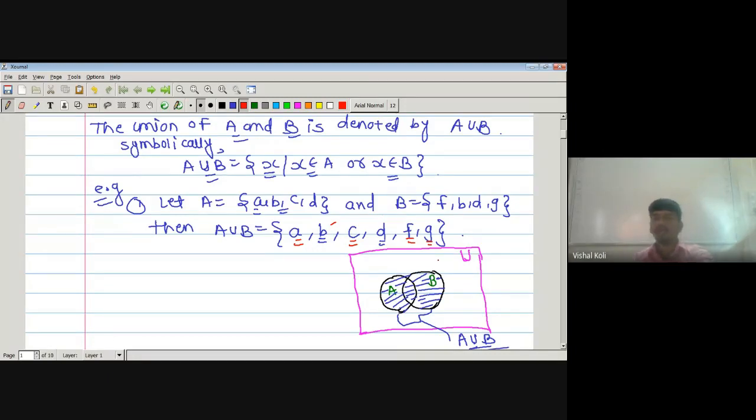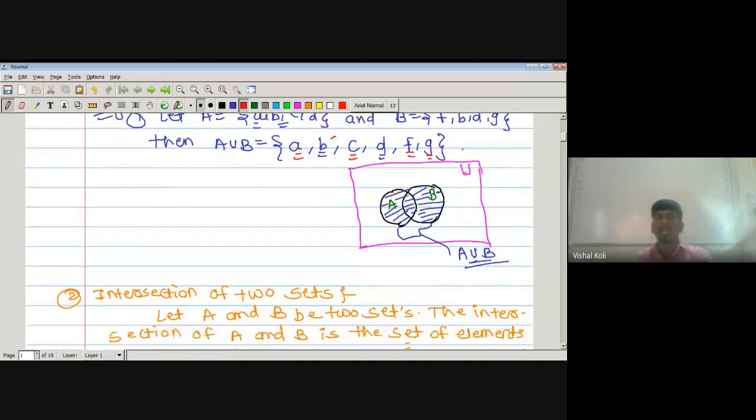Okay. So the diagrammatic representation of union of two sets is drawn using the universal set. What is a universal set? If we consider one set U such that all the subsets under consideration are subsets of that U, then we say that U is a universal set. As here we have considered U as a universal set and A and B are any two sets, then they must be subsets of U by the definition of universal set. Therefore, A and B are the two sets which are subsets of U.